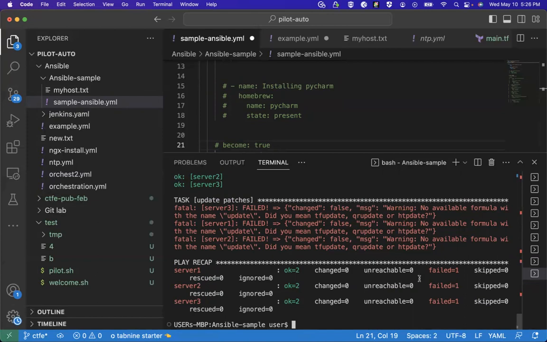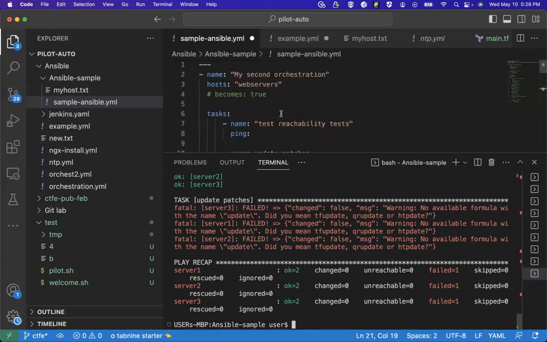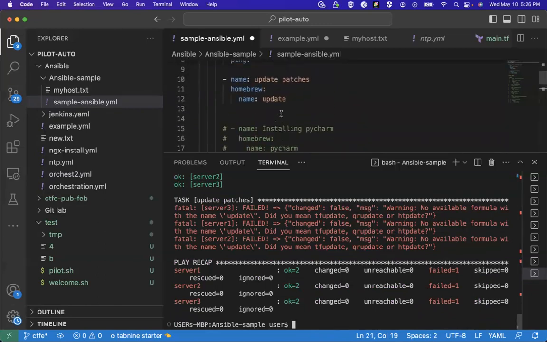Failed, unreachable. Failed, message warning, no available formula with the name update. Okay, update is not available for Brew. Brew, how do you update Brew? It's not brew update, is it?